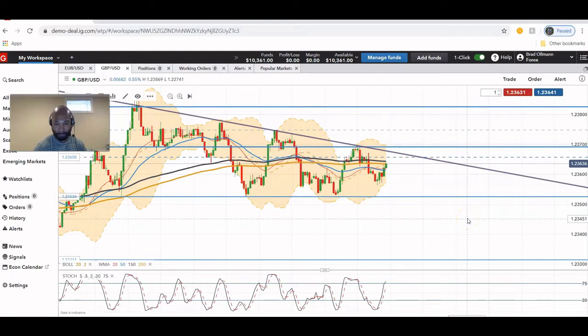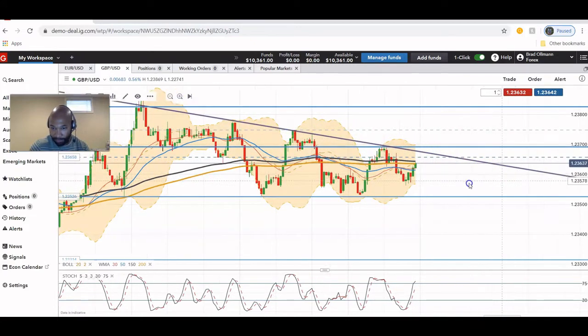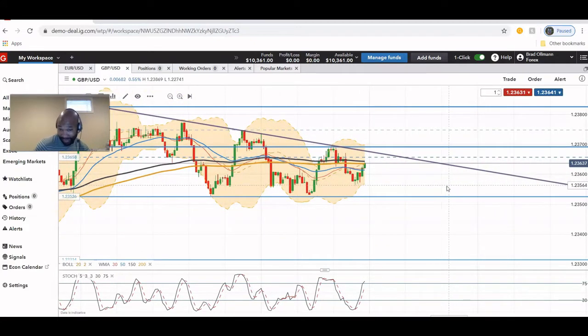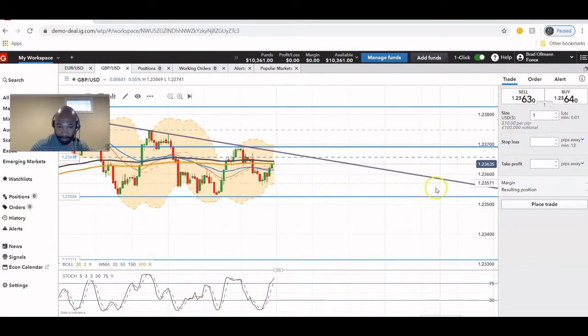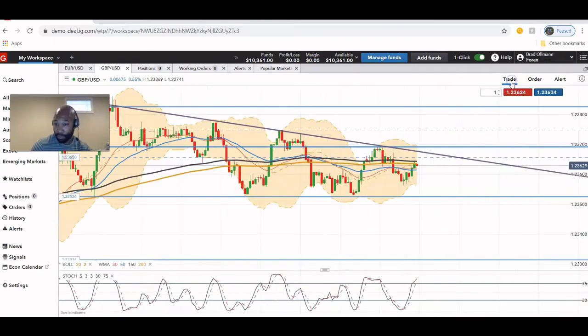Okay. So what's our game plan here? Our game plan is, there's what I would like and what might happen. I would like this price action to just fall. Then I would basically enter into a bearish sell trade. That's what I would like.